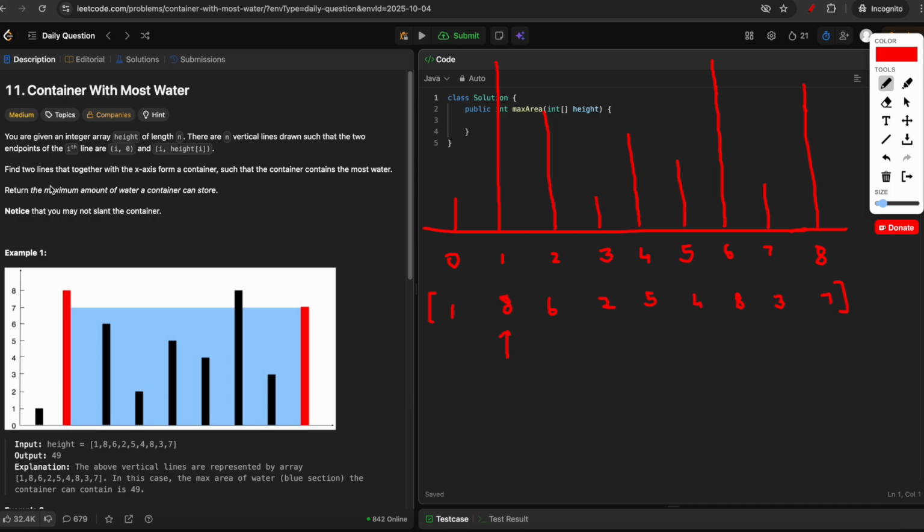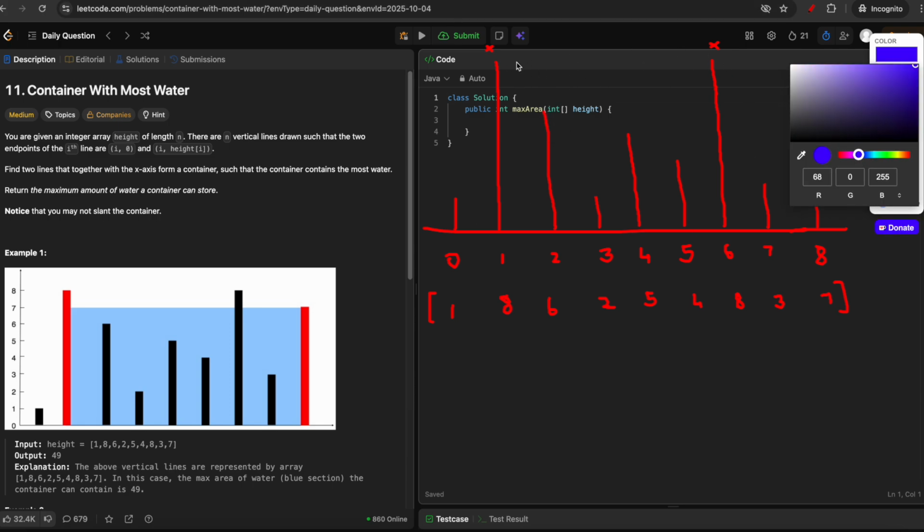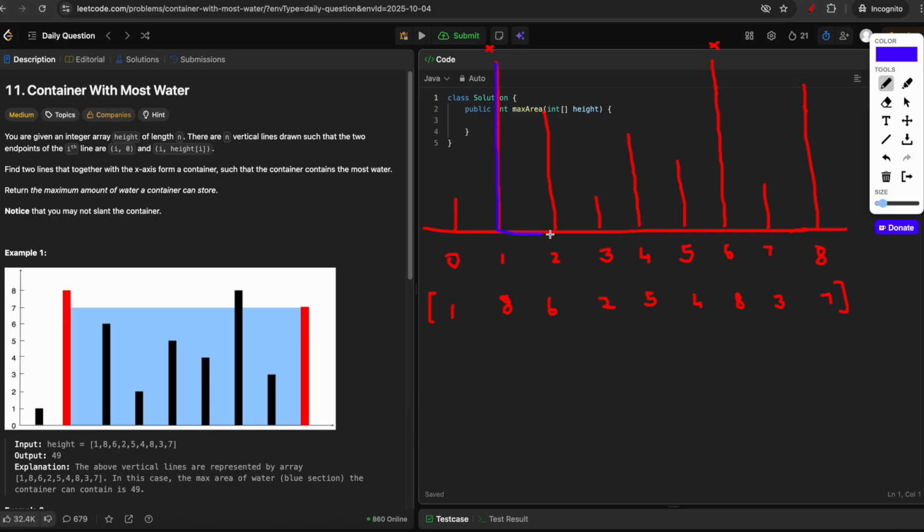So we just have to find two lines such that they will form a container with the x-axis. And out of all the pairs of lines, we have to find the container which will hold the maximum amount of water. It is also given that you should not slant the container. That means, suppose you are picking these two lines, then we can just ignore all the other lines, and these two lines will form a container. So we have a container which is formed like this,